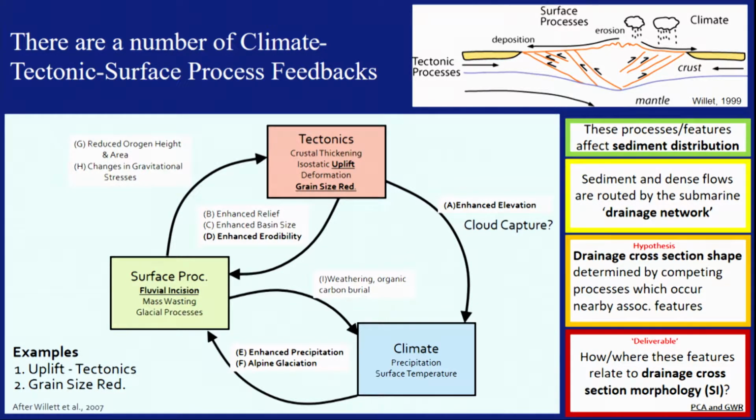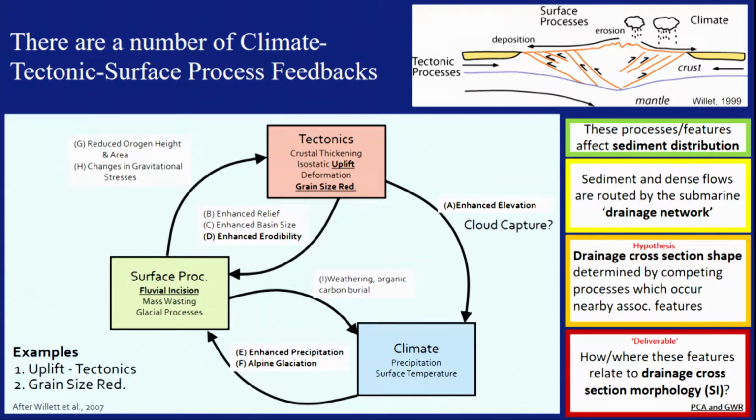Another example is that tectonics, the grinding around of the faults, reduces the grain size. And this can cause enhanced erodibility. The enhanced erodibility obviously would have an impact on fluvial incision. If it's easier to erode those sediments, they might erode a bigger channel or a differently shaped channel. And I'm not going to go over every possible example of this feedback loop, but the point here is that